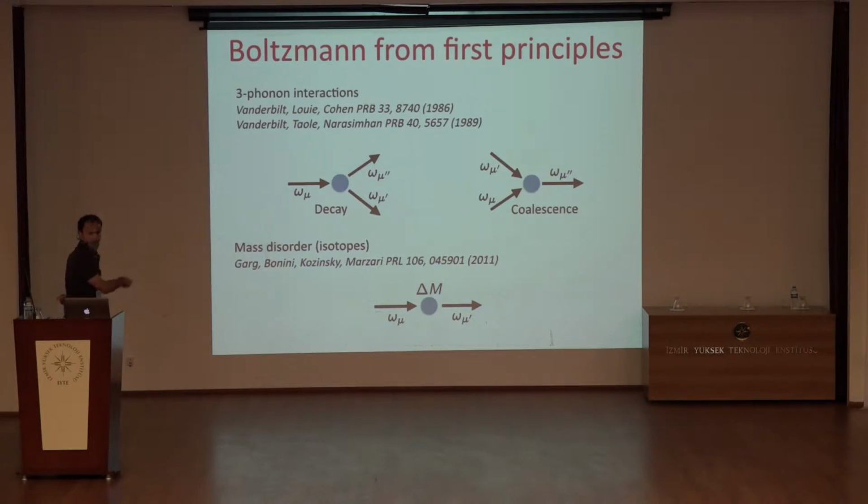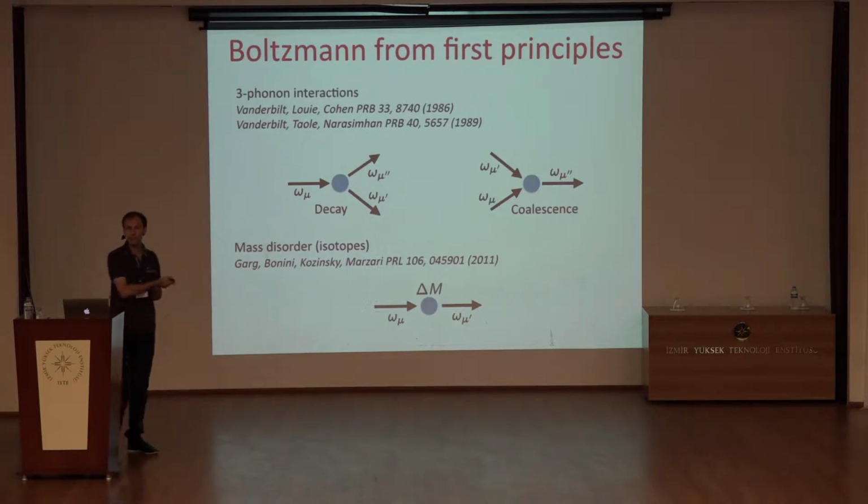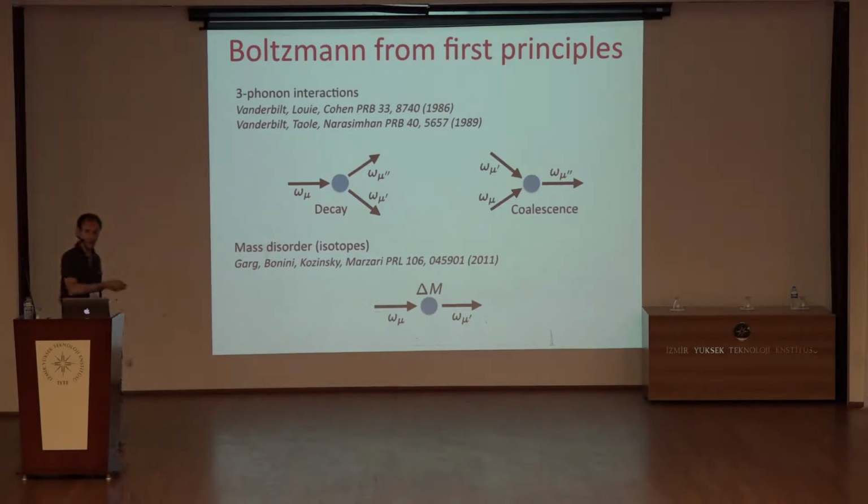You can derive with the Fermi golden rule the transition rates for these events. You can use these to build the scattering matrix and construct the complete expression for the Boltzmann transport equation. And to compute these properties, you also need to know the phonon frequencies and the strength of